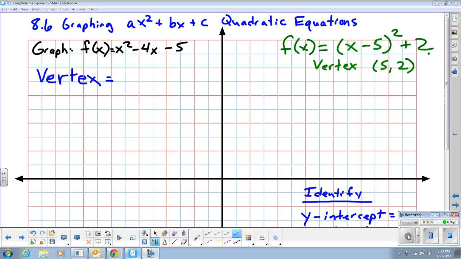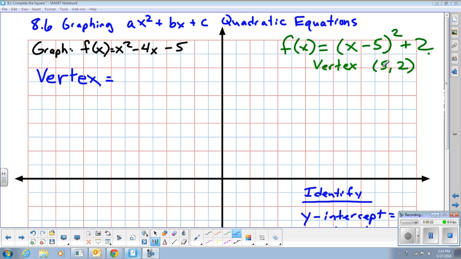8.6, graphing quadratic equations that are in the form of what you see written here in black. Graph f of x equals x squared minus 4x minus 5. So we're going to take a look at how we graph quadratic equations that are in what we call standard form. In lesson 8.5, you were doing what was going over here in green,